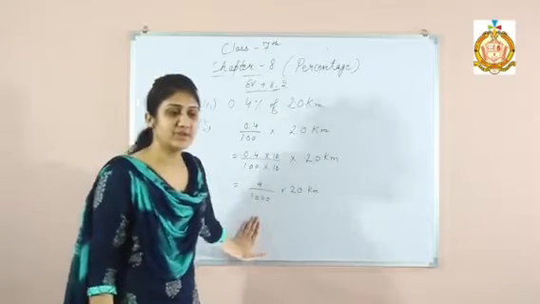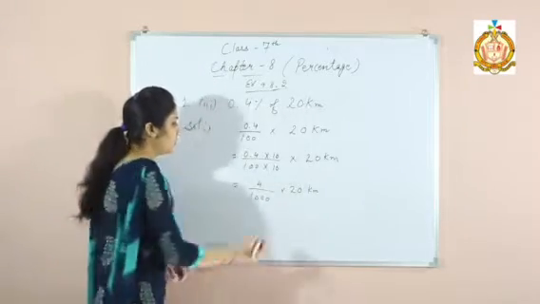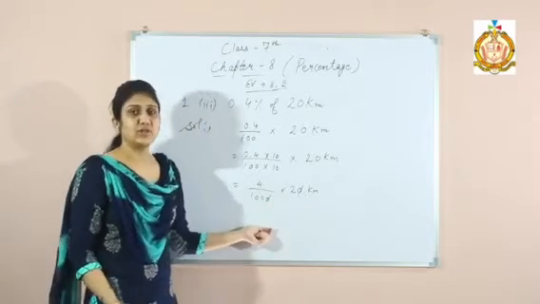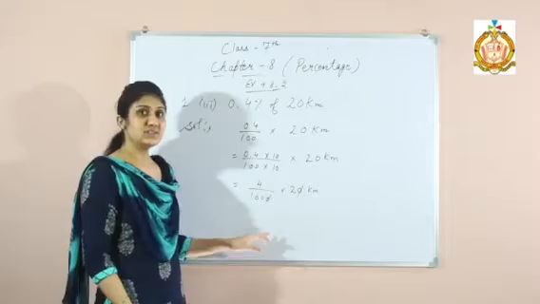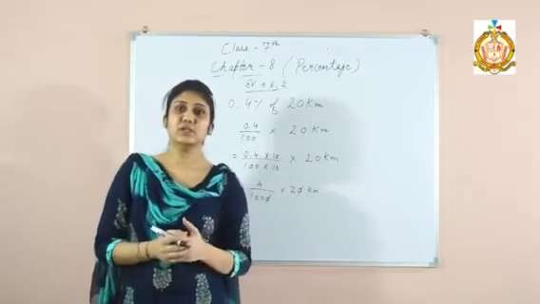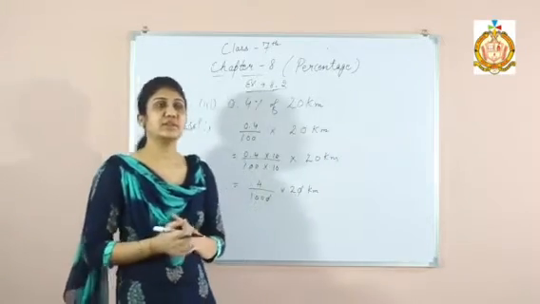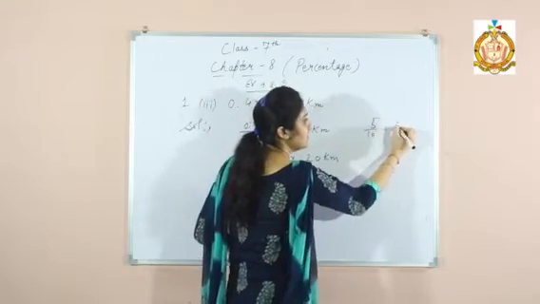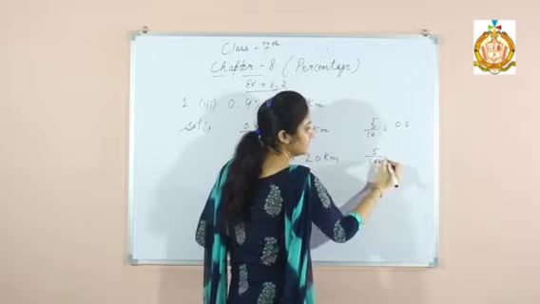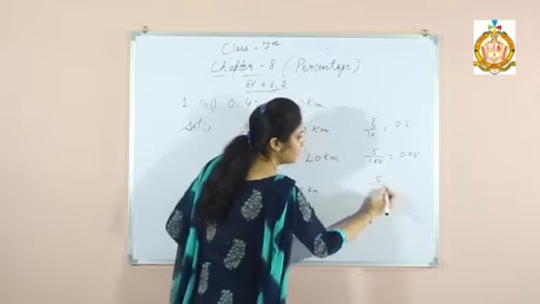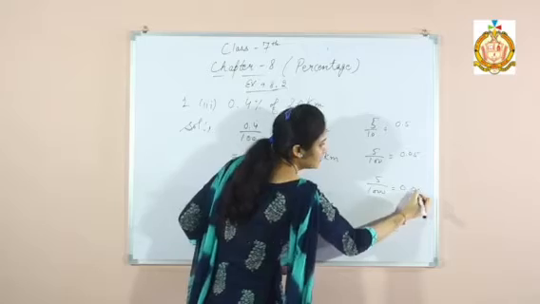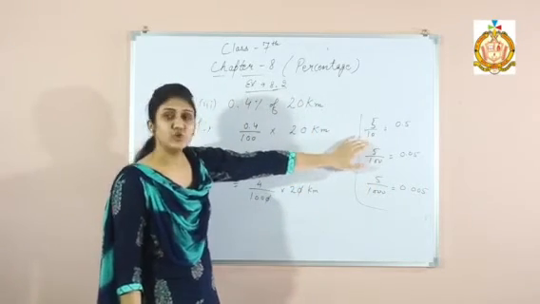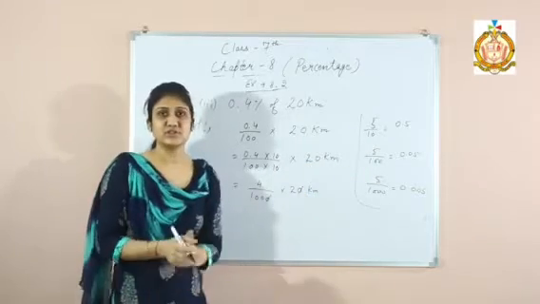So we will solve this now to find the answer. We will cancel the 0 with 0. Now further cutting is possible, but I am not doing the cutting because it is easier to divide any number with a multiple of 10. Means we can easily divide any number with 10, like 5 upon 10 is 0.5, 5 upon 100 is 0.05, 5 upon 1000 is 0.005. So it is easy if we divide the numbers with the denominators. If there is denominator 10, 100, 1000, it is easy for us to divide.